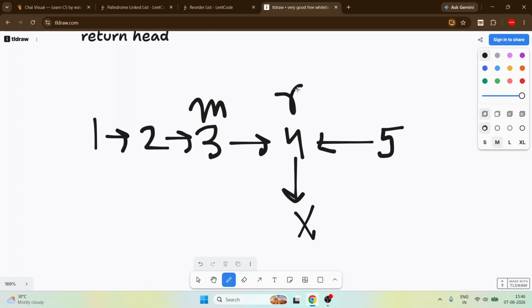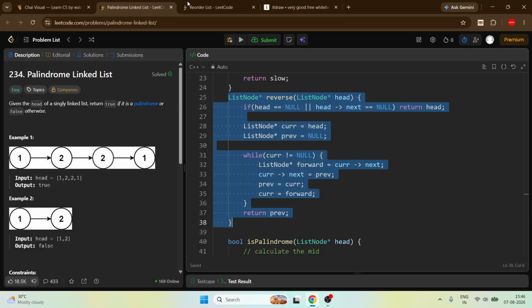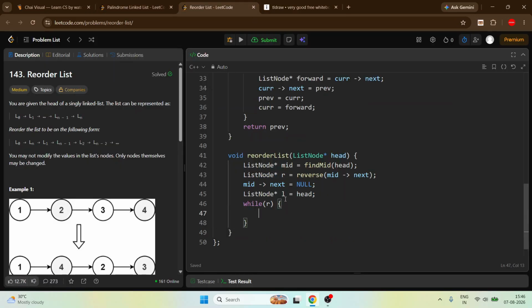we reach this place and we somehow complete it and our tail goes to here now, or our R goes to here and our L is here. So the next step is always, because this L next is always 3, so we don't have to check this linked list. We have to check that this portion is available or not. Simple. So for that, while R is present,